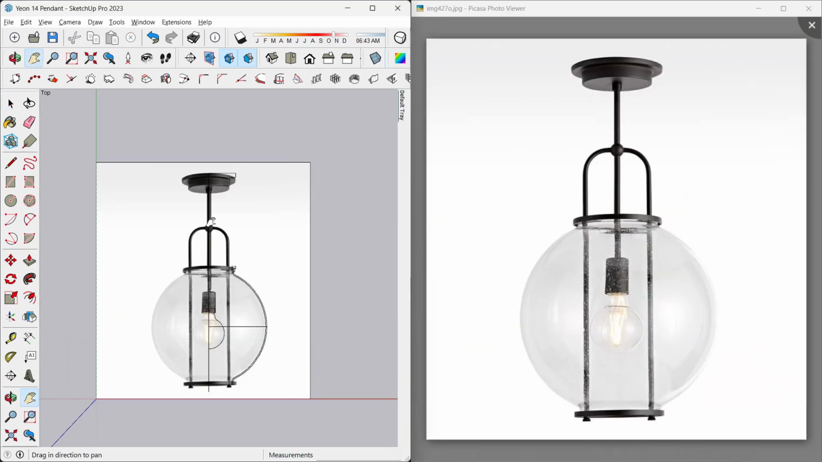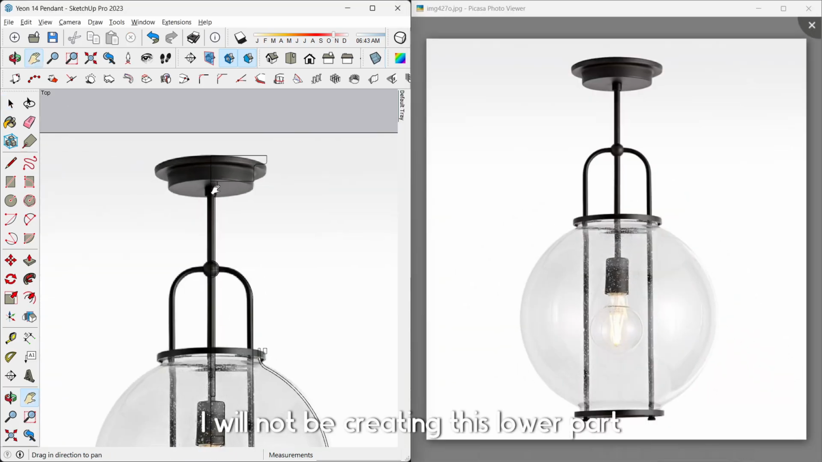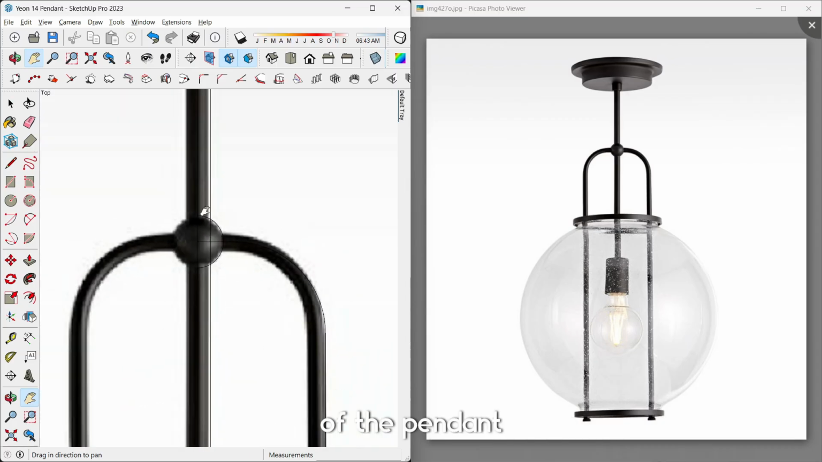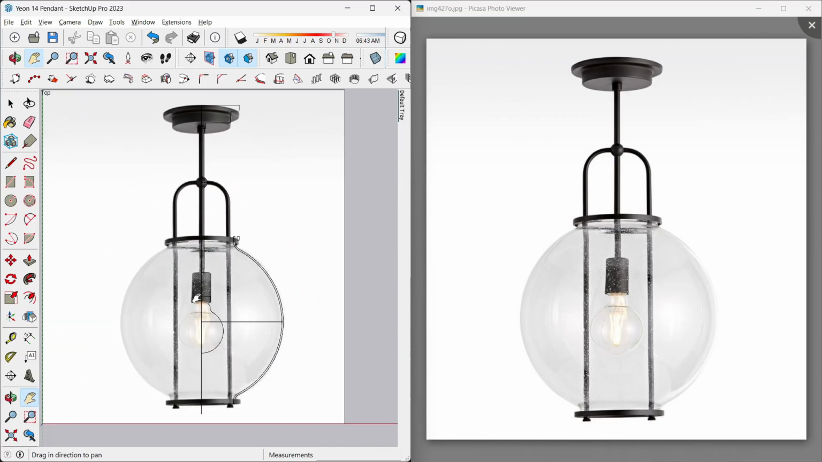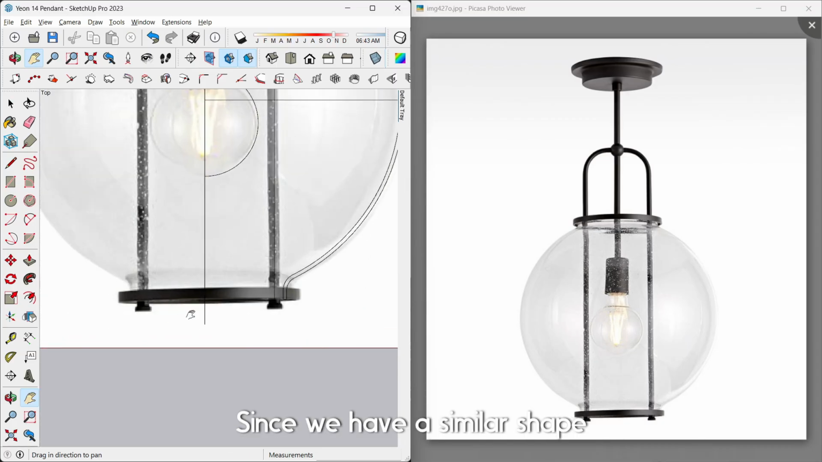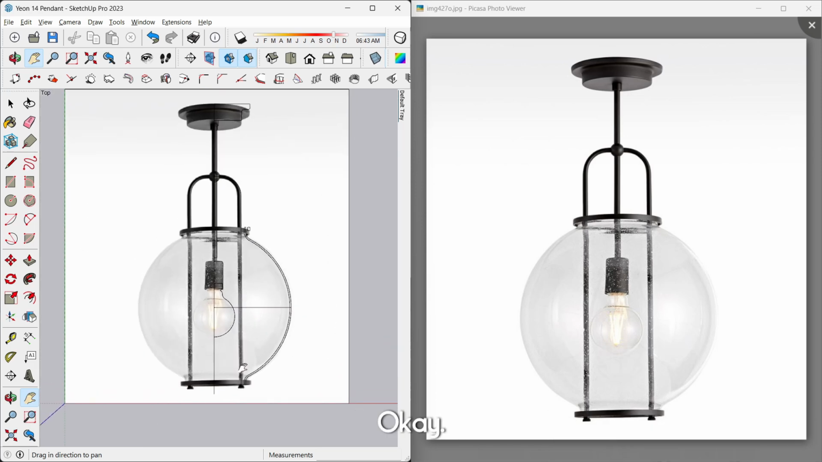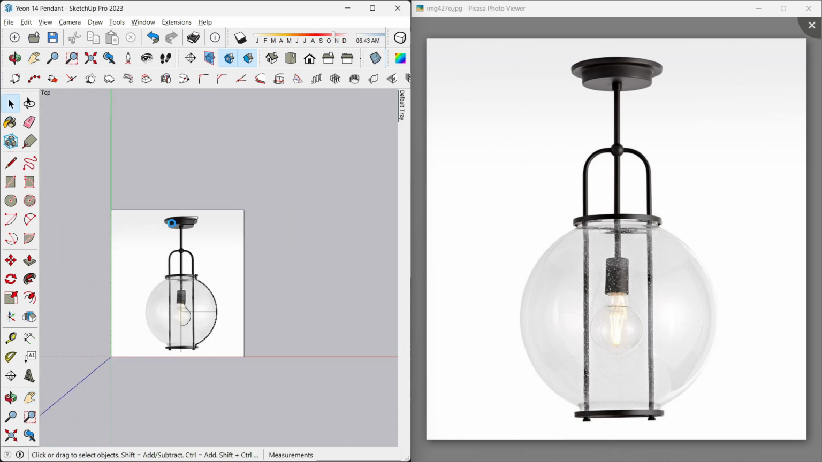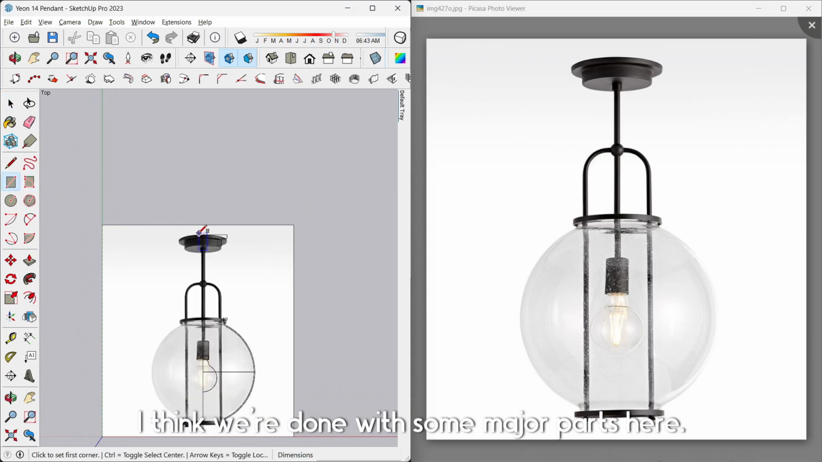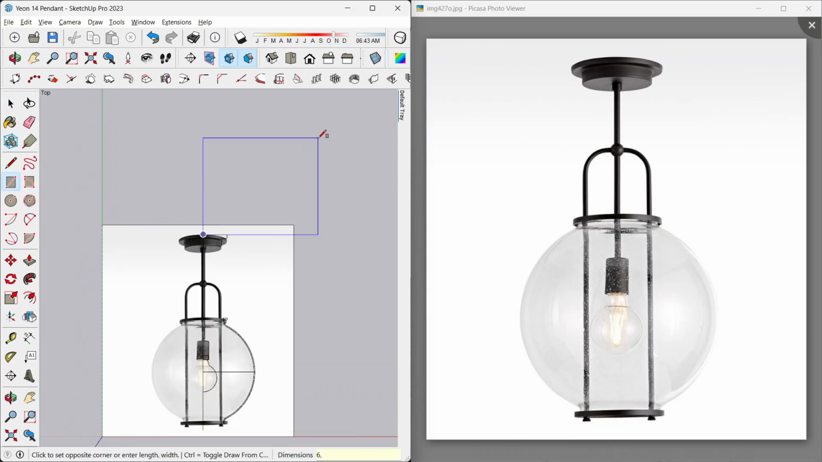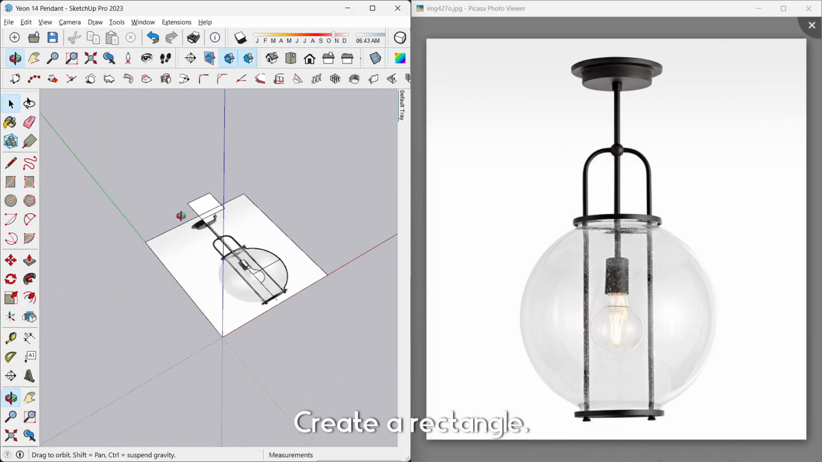Next, I will not be creating this lower part of the pendant holder. Since we have a similar shape on top, we're going to duplicate that later. Okay, looking at the details, I think we're done with some major parts here. Okay, create a rectangle,